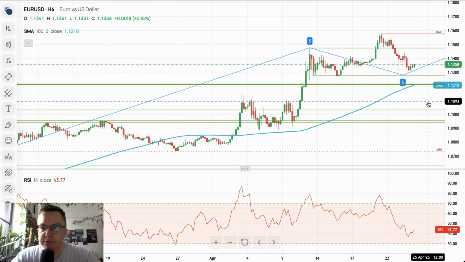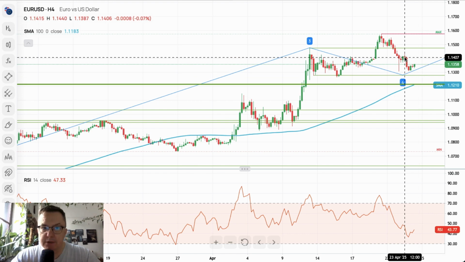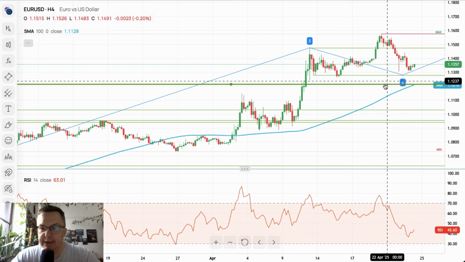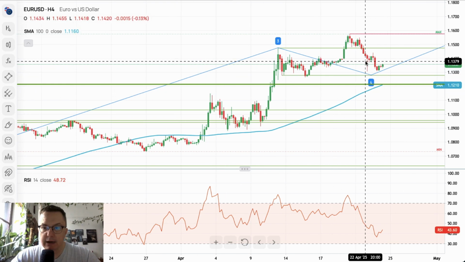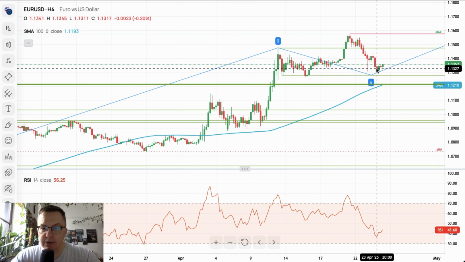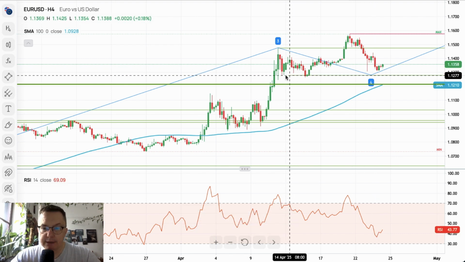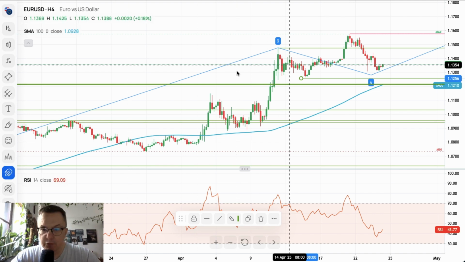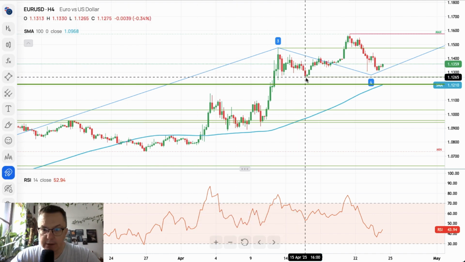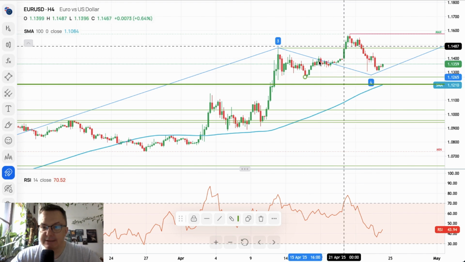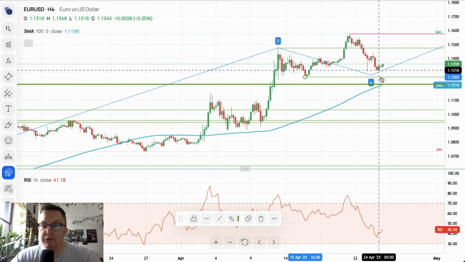The euro dollar has moved lower from the local high at 1.1440, and it tested yesterday's low at 1.1309 actually. But we are still trading above the key technical support. Let me just move my level here, which is located at 1.1265. Please notice that this is still wave 4